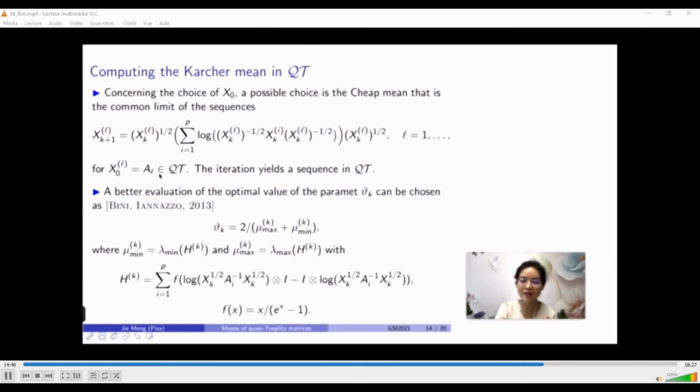And if the starting point is chosen as a QT matrix, then this iteration yields a sequence in the QT class, so that the chip mean is in the QT class. This means that the starting point x0 is a quasi-Toeplitz matrix. And for the choice of the parameter theta k,